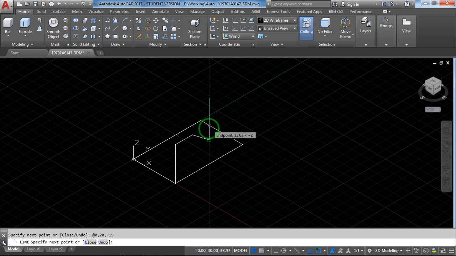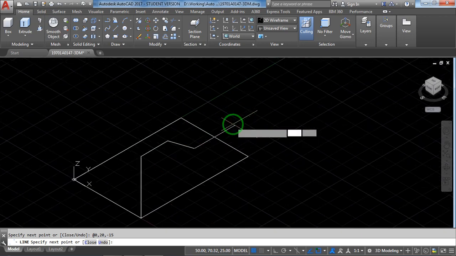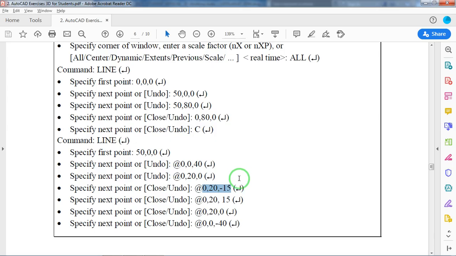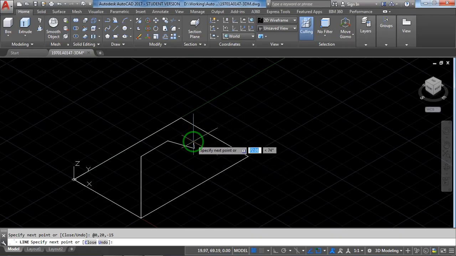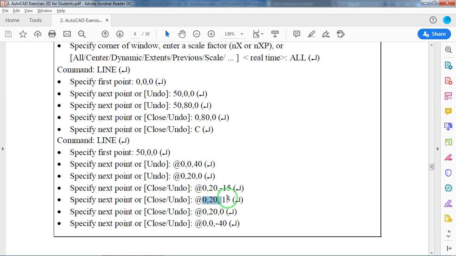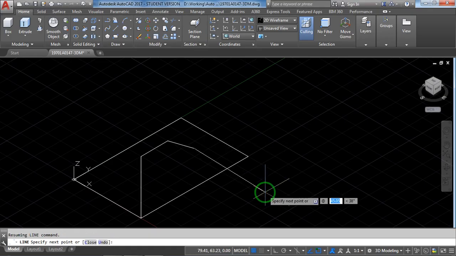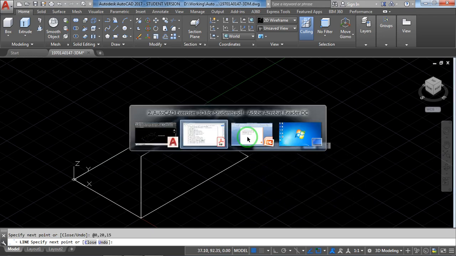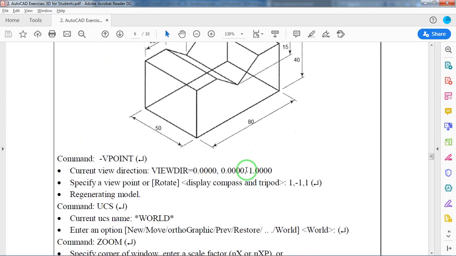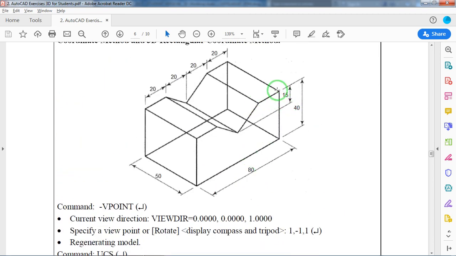Y is towards this side, how much are we supposed to go? 20. Z, 15, plus 15. That is nothing but this particular point, at the rate 0, 20, 15. So we have drawn the V line.